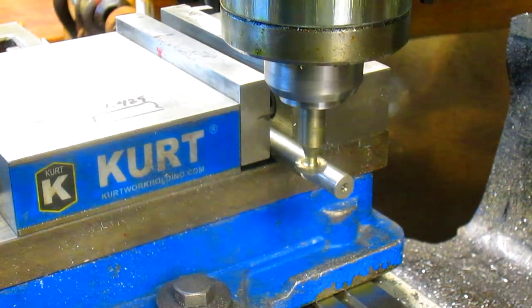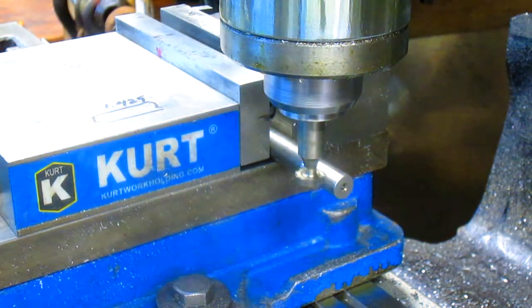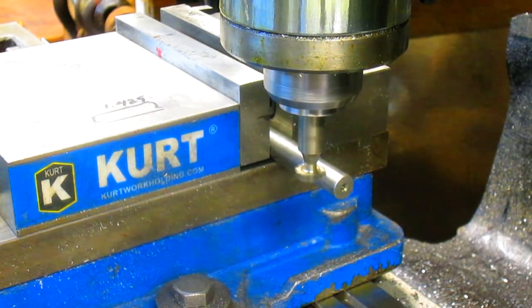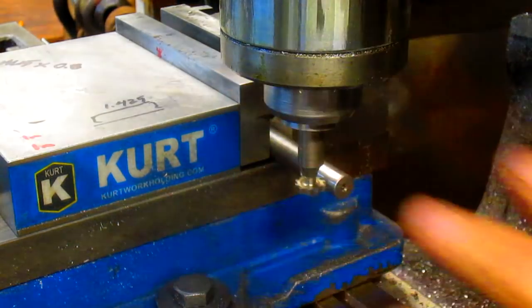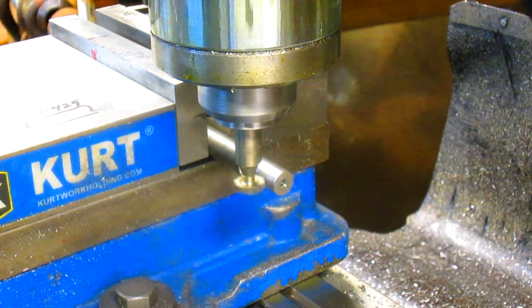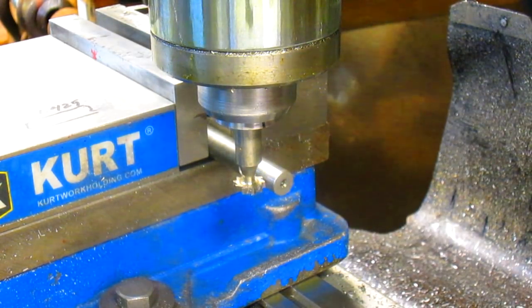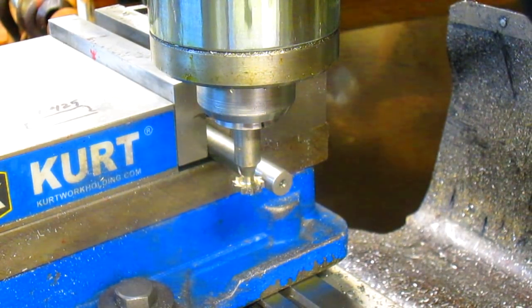Let's come on in a bit so we can spot it. Put my cheater glasses on. Let's see what we've got. It's about dead center. Now we are just touching now, so we want to, what do we need? The size of our key, which is